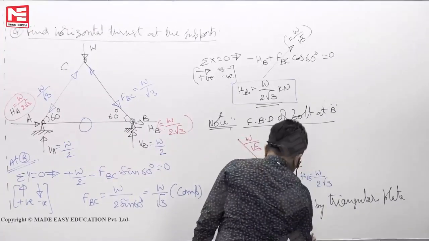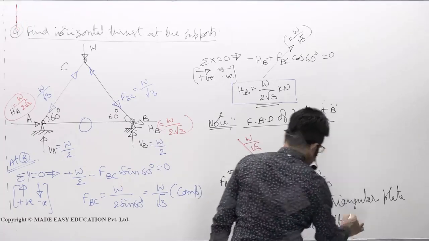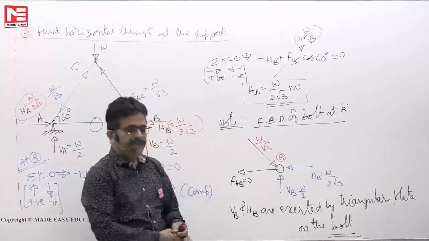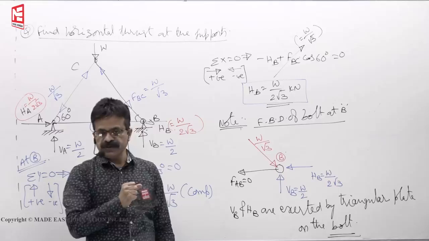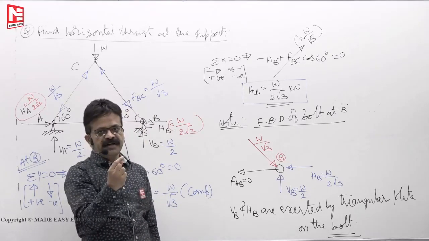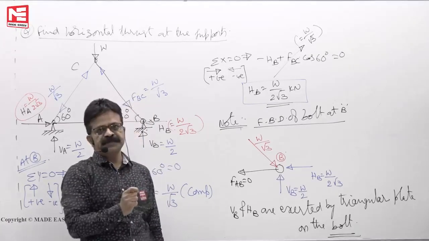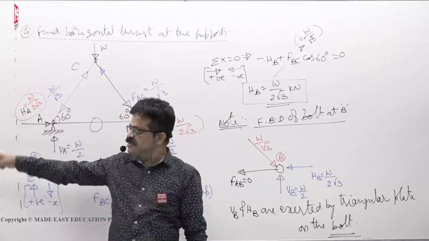Triangular plate on the bolt. That's why I have given you the free body diagram, means how the hinge supports, how roller support, how fixed supports look like, who is on whom the pin is resting and how the members are attached to the pin. You must have a clear picture to understand this type of free body diagrams or to understand this type of